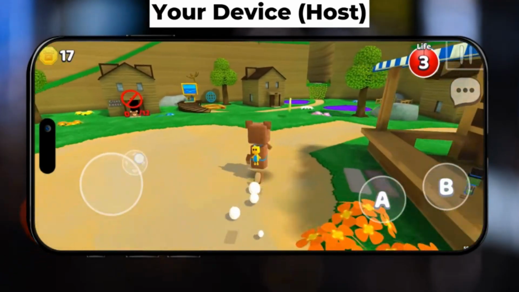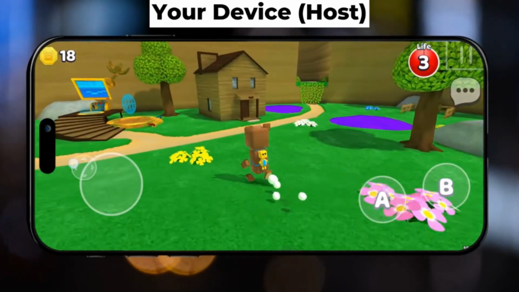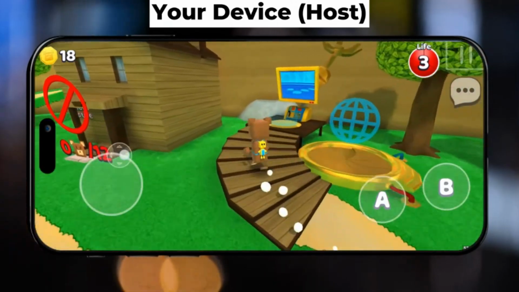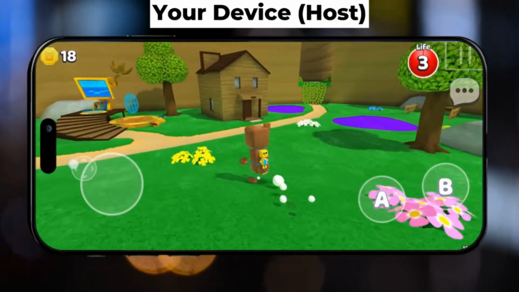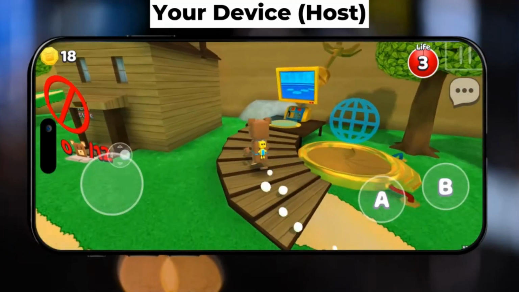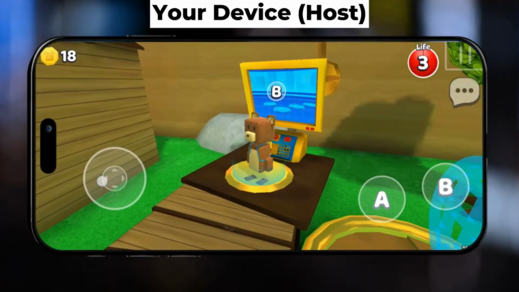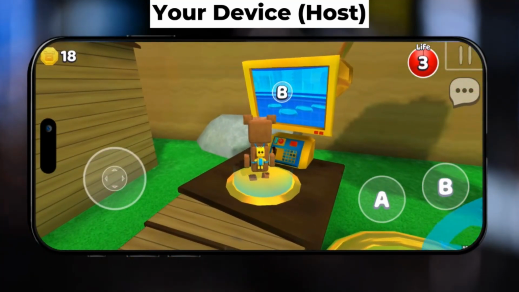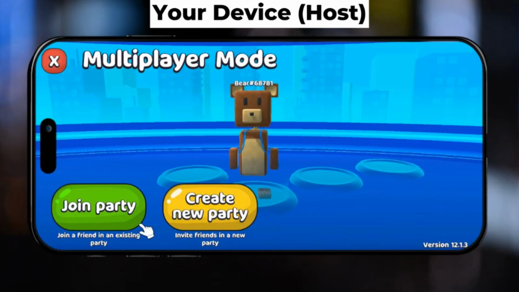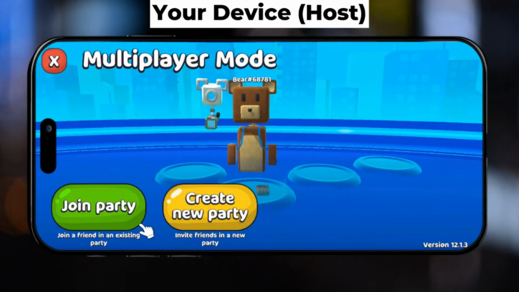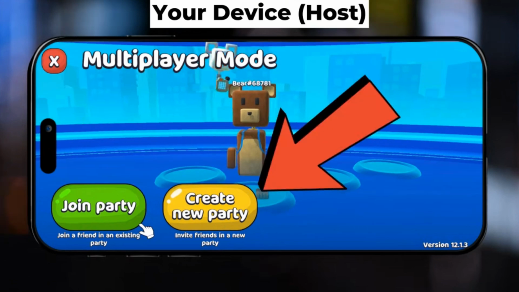And in this video, I'm going to show you how you can play multiplayer in your game Super Bear Adventure. First, you need to find a computer in your world. Once you do this, just press B in front of it, and it will load into the multiplayer mode menu. Just here, you have to click on Create New Party,